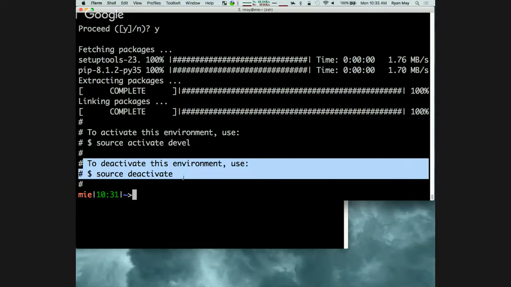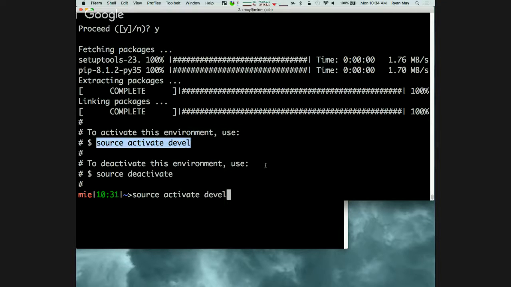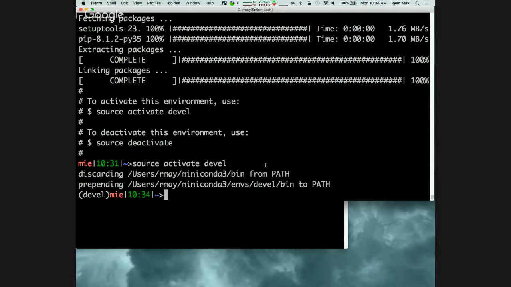If we ran Python right now, it would not be using the Conda one, or at least not out of this environment. So to activate it, for Windows, it's just activate devel. On Linux and OS X, it's source activate devel, assuming you're using bash. If you're using tcsh, start by running bash, because they just don't support tcsh. So we're just going to copy the command they gave us up here. Source activate devel. We see some things about it mucking around with the path, basically to point us at the right version of Python.